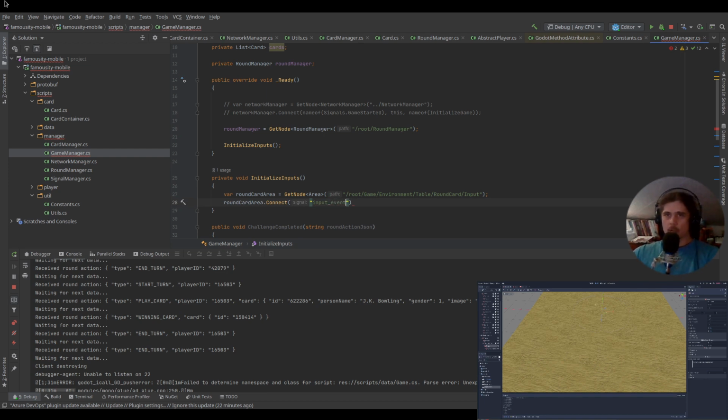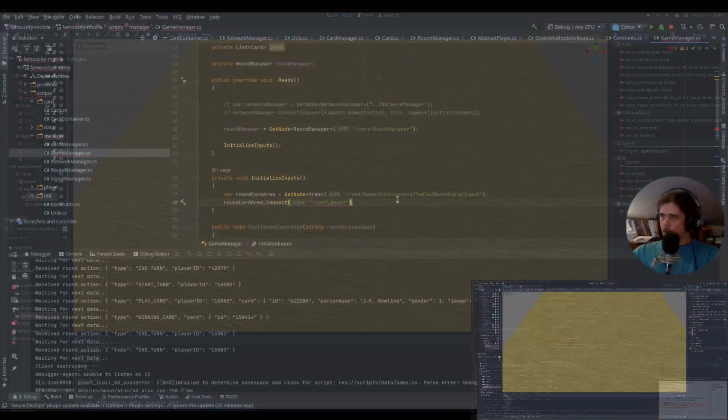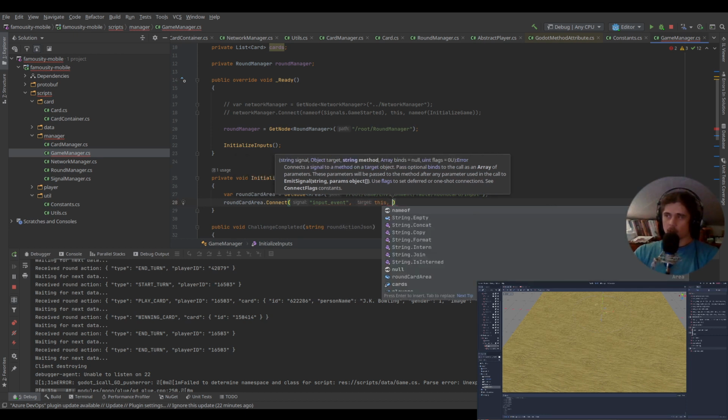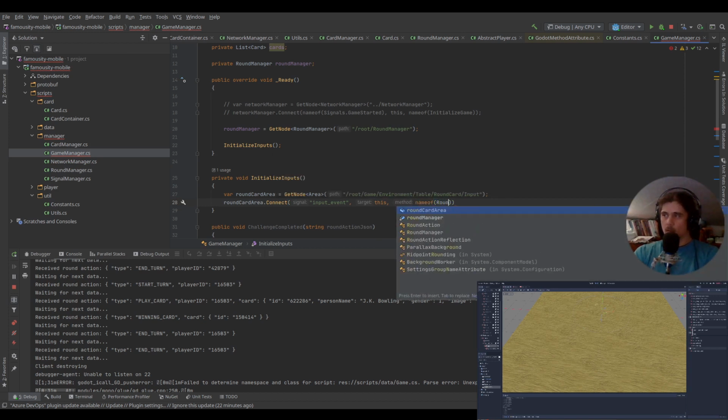Let me check again. Input event, yeah. And we also need to set the target, which is the object which will process the event, and the name of the method, and we will round